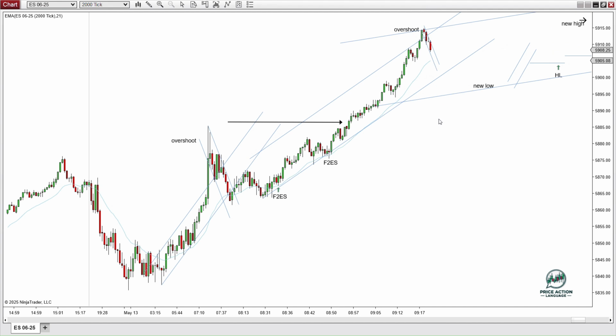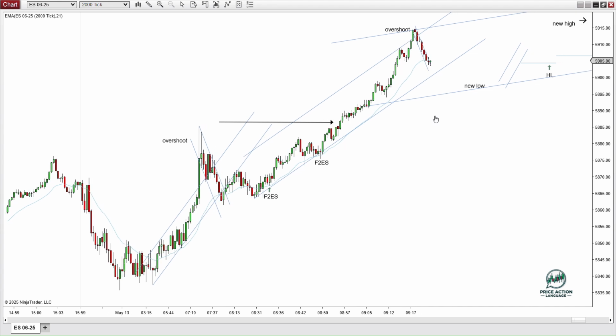overshoot here. And when I was watching it live, I wasn't sure if it was quite an overshoot. I was considering something like this, so I wanted to see how prices were going to react to see if it was truly an overshoot. Sure enough, we get this sharp move down like this, so I went ahead and played the channel like this